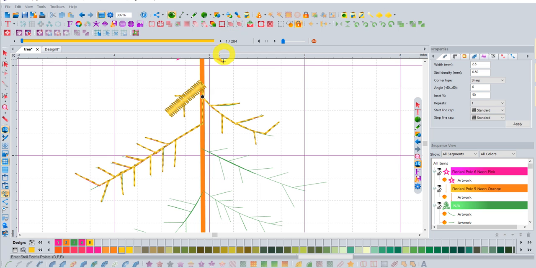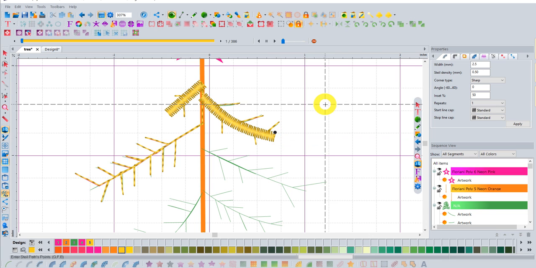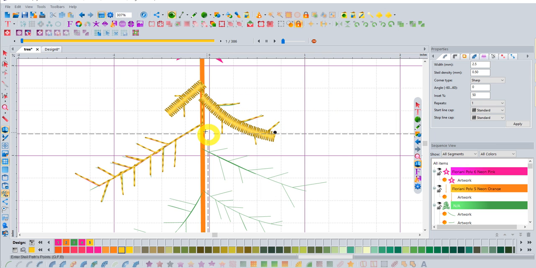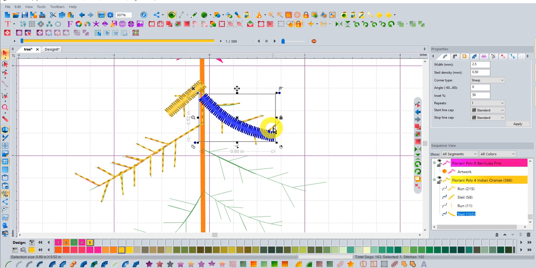Grab my steel stitch, click here, and we got a curve here so you can hold control on your keyboard. And we will come clear down to the end, maybe right there. Right click, there we go. All right, so then I ended here, but I need to be up here, don't I, to go down the middle. So what I'll do is we'll select that branch, and we're going to go to our shape tool,